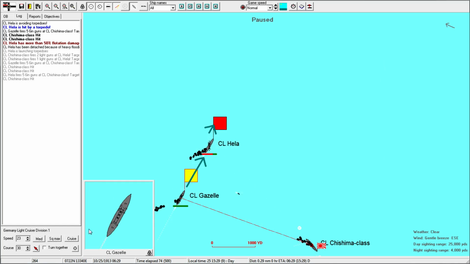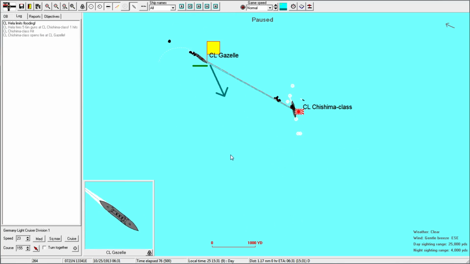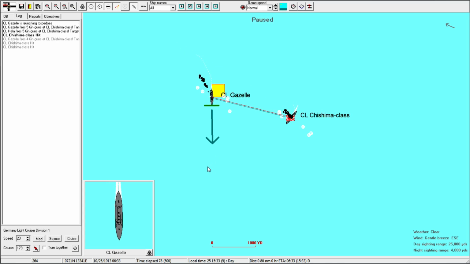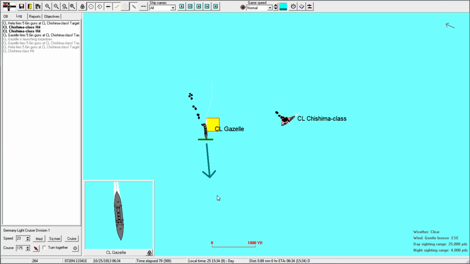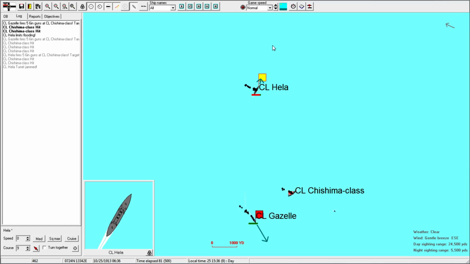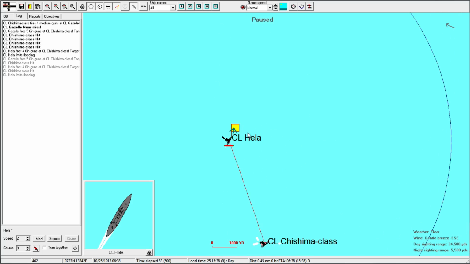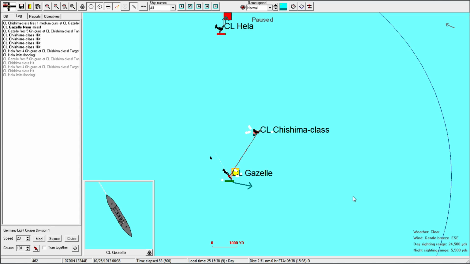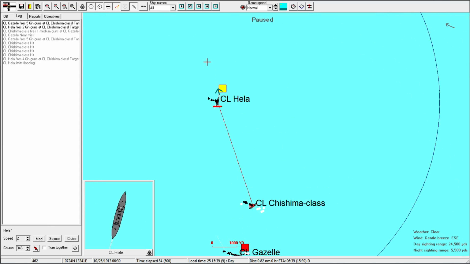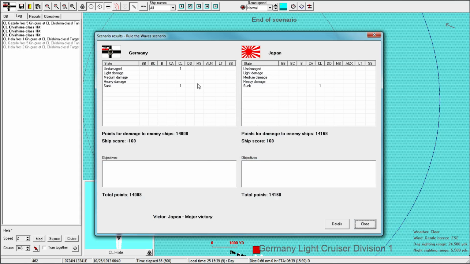The Gazelle, the Hela is already detached, so we're just going to make a run right at the Tsushima. Try to light her up, risking, of course, getting another torpedo hit. Oh man, you had to wait for that. Actually, I need to give a little bit of speed to the Hela, because I don't want to get hit by another torpedo. Oh, okay, good. So we did lose it. That's fine. Okay, so a major victory still because their ships are worth...